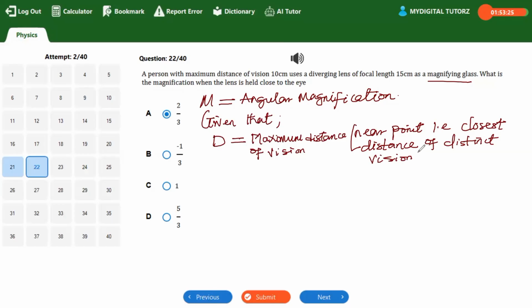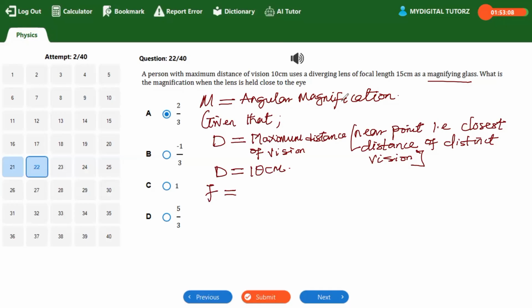So that is the near point. And the value D is said to be what? 10 centimeter, right? And also, we are given that the focal length of the magnifying glass F is equal to